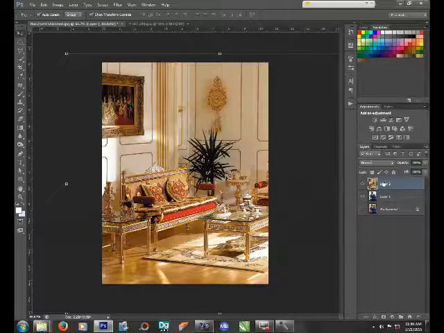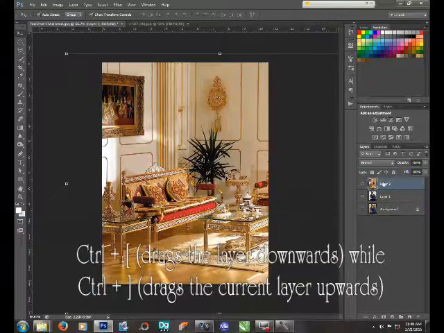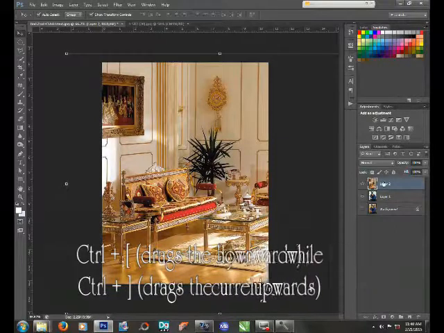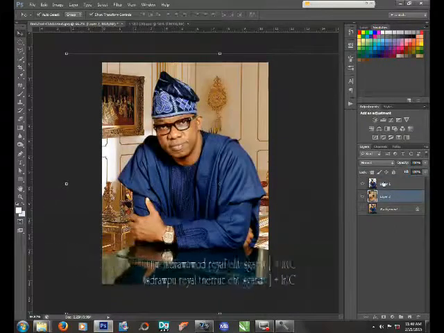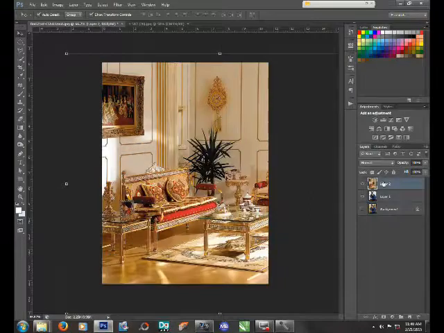Ctrl and the left bracket, immediately after the P you see a bracket, puts a background or a layer down to the one below, or Ctrl and the right bracket moves it back up. Like if I press this one now, Ctrl and down here, it moves the background backwards behind the picture, and if I press Ctrl and the closing bracket, it moves the picture or the document back up. So now we're going to make use of Ctrl and the left bracket, immediately after the P. Or you can just click layer 2